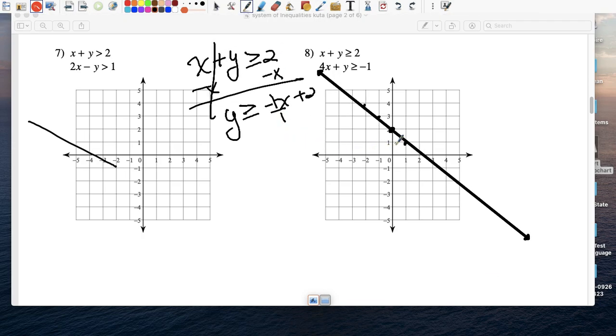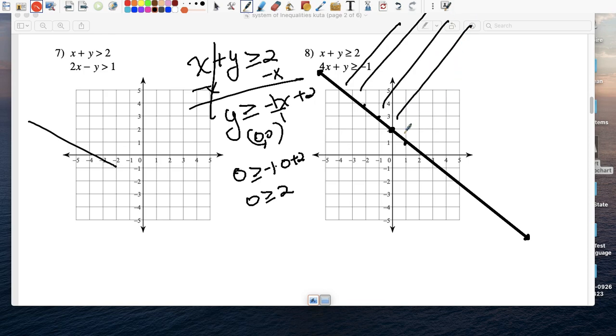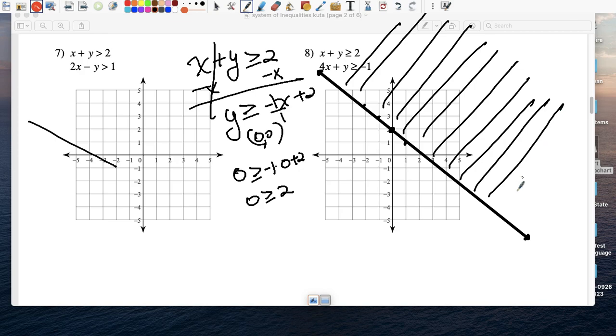So now let me pick the point 0, 0, see if it works or not. So I get 0 greater or equal to negative 1 times 0 plus 2, and then I eventually get 0 is greater than 2. Is that true? It's not. So point 0, 0 failed, which means every point under the black line is going to fail. So it's points above the line, including points on the line, that will make my